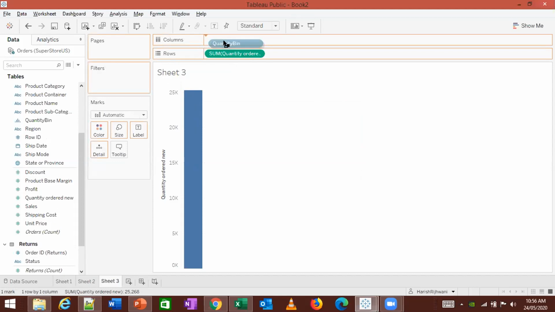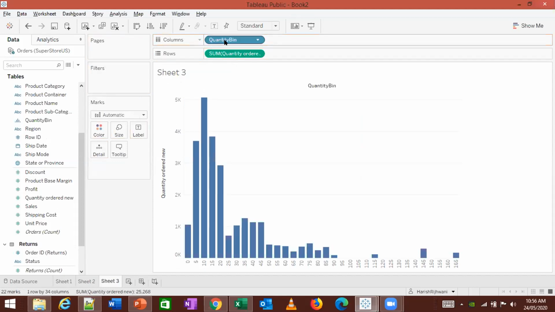When I drop this in the columns, I see the breakup of orders in that sense. It is showing me all those orders in terms of the quantity ordered by people. There are some people who ordered 116 items. So this is what a bin is.